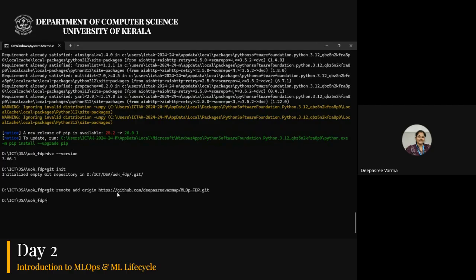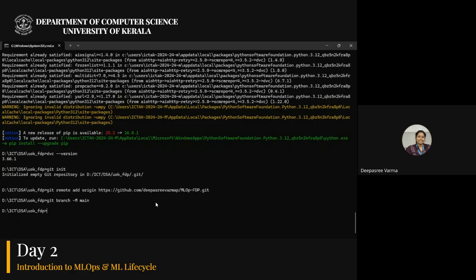Now I have added the origin as the new repository I created, MLOps FD. And I'm going to create a branch here. Each branch is used to track the changes in my code. These are a few concepts of GitHub. We will have various branches.